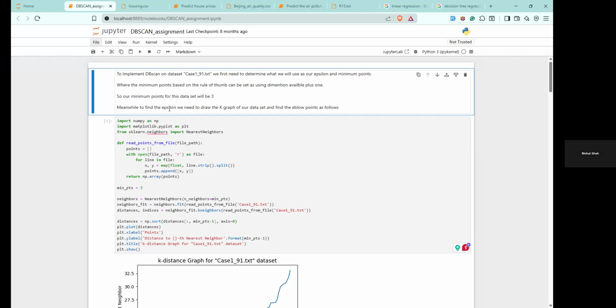Yes, sir. Okay. So we have two important factors in DBSCAN to be able to detect the pattern inside a data set. One is epsilon and the other one is min point. Min point is the minimum number of points which, when they are close together within a certain distance, we say they are forming a pattern. So epsilon is the distance whereby the